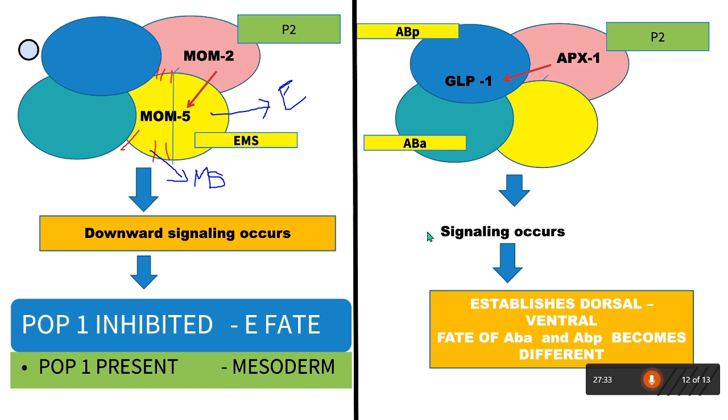I hope all these topics, that is, the introduction about C. elegans and its axis formation, and how the autonomous and conditional specifications in C. elegans work, are clear to you now. A more important topic in C. elegans is vulval development, and it will be dealt with later in much more detail. So I hope all these points are clear to you. Questions have been asked from this topic several times in the CSIR NET.